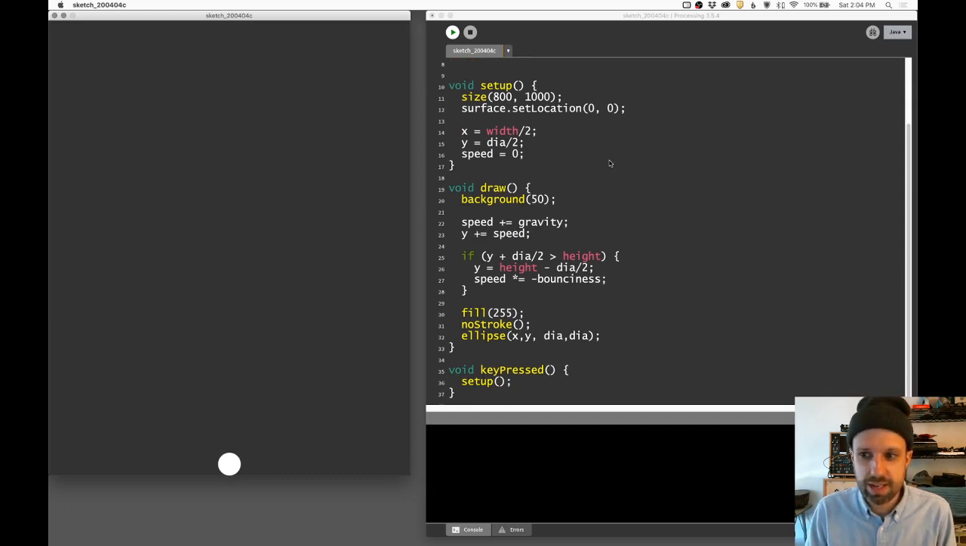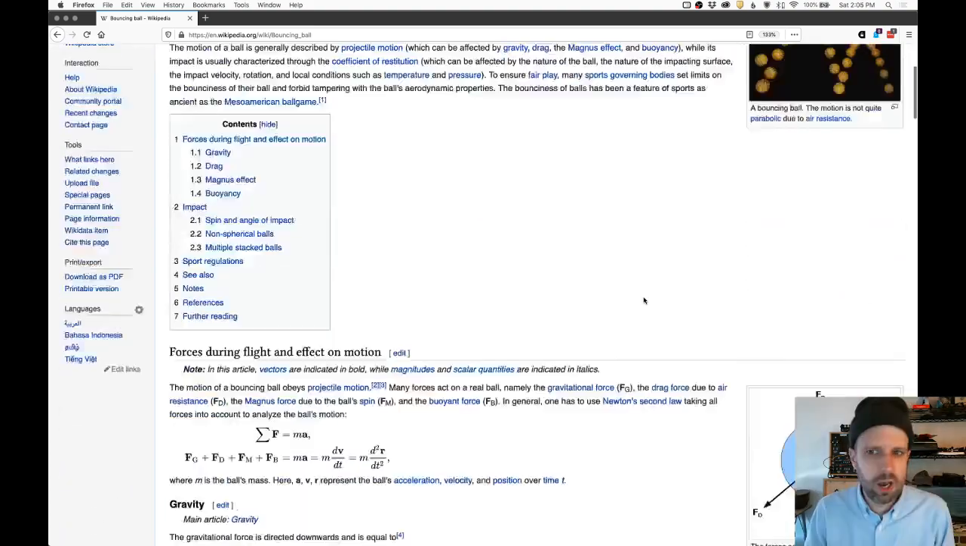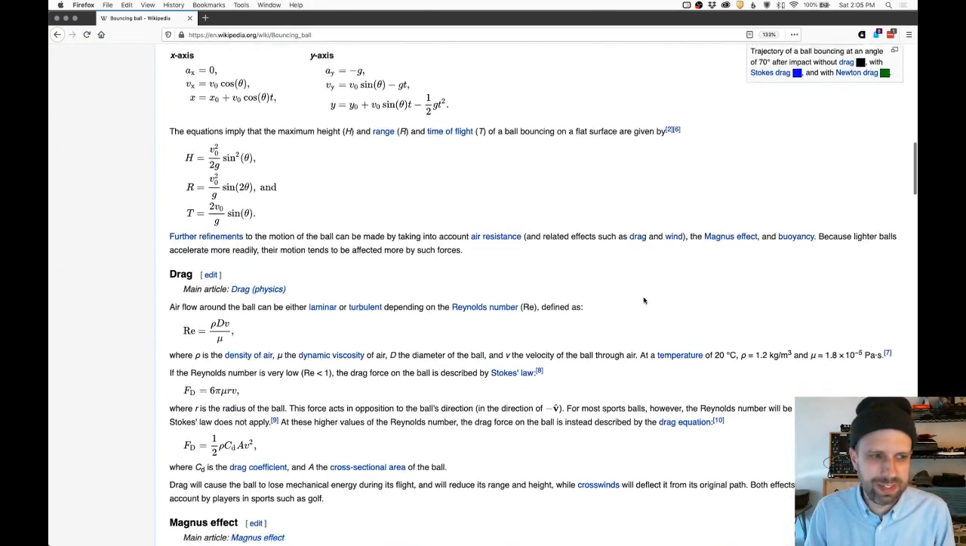Ball bounciness gets really complicated, or like any simulation, you can go as complicated as you want. I'll put a link to this article in the description, but I'd recommend this article on Wikipedia on bouncing ball. I love that Wikipedia is amazing. There's an article called Bouncing Ball. And I mean, this is a really detailed,